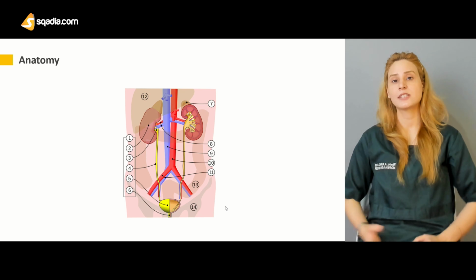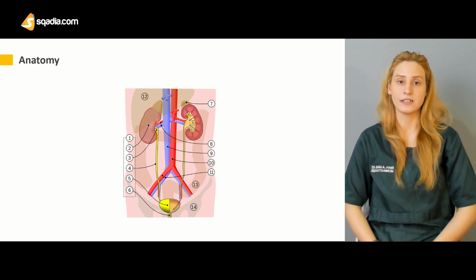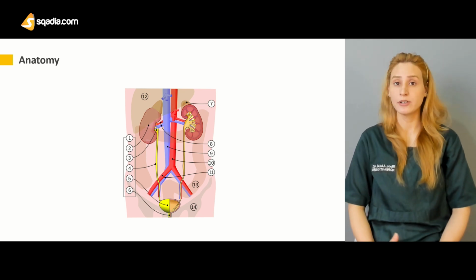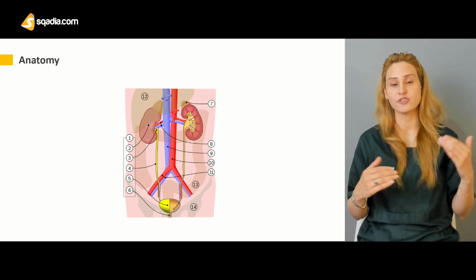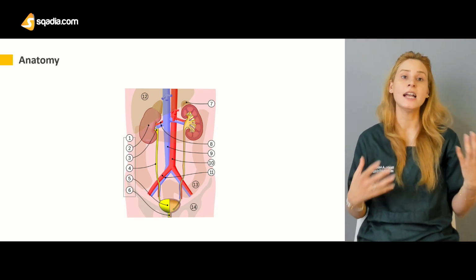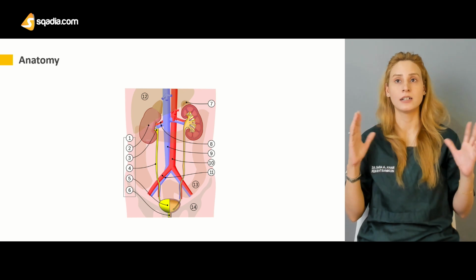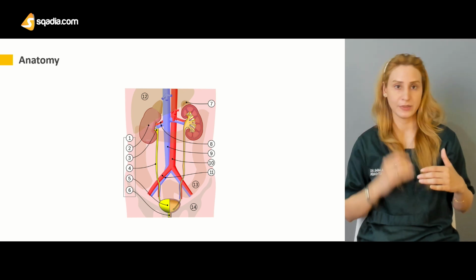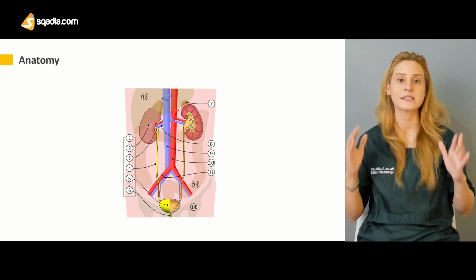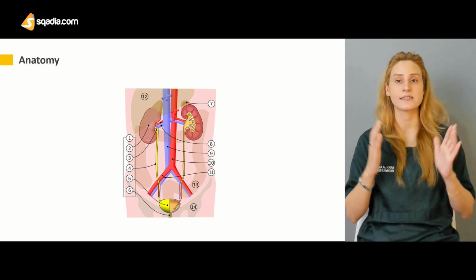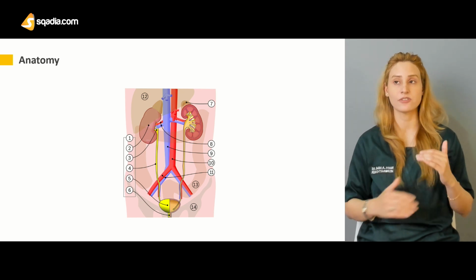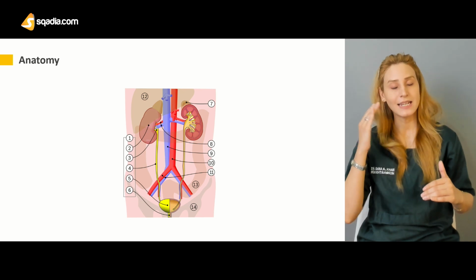So this is about the anatomy of the urinary tract. Remember, we divided it into lower urinary tract and upper urinary tract. The upper will be composed of the kidneys along with the poles, upper, middle, and the lower, the renal pelvis, and the renal calyces. And then you have a ductal system, which starts from the ureter, and it goes down